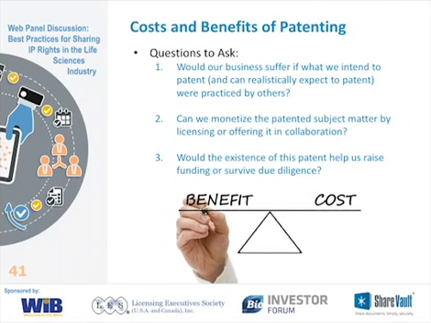So I propose the three questions that are on this panel that one should ask oneself in order to decide whether it's worth the cost, and they're perhaps self-evident: whether the business would suffer if competitors could use the technology, whether the patented subject matter could be monetized by licensing, that's typical of universities and institutions, and would the existence of the patent help get investors, which it just may from sheer numbers, just judging from offering memoranda that I have seen, which just list how many patents people have. Never thought that was terribly relevant, but it seems to make a difference.